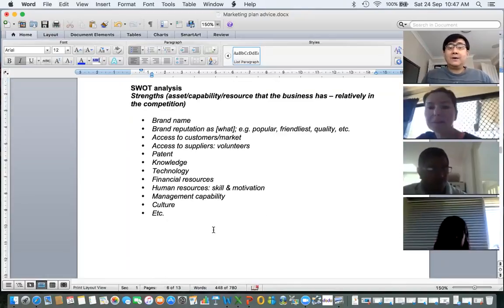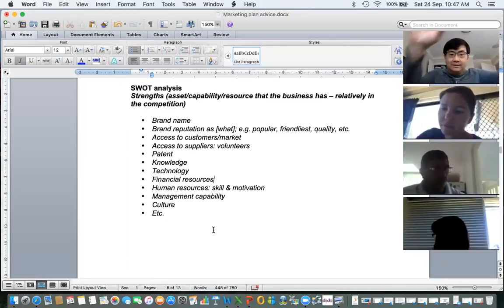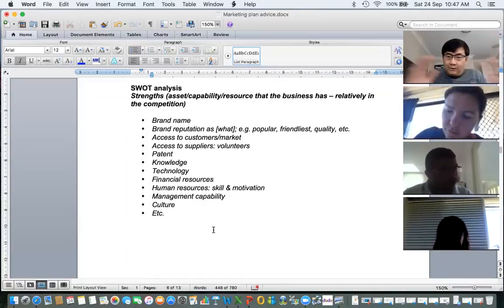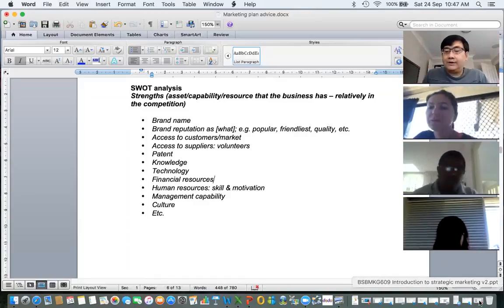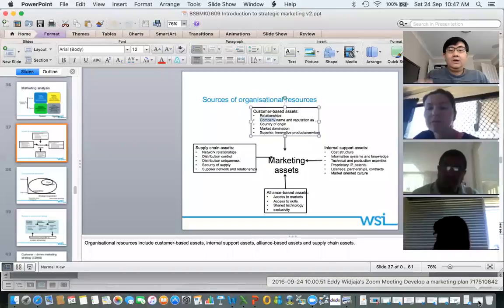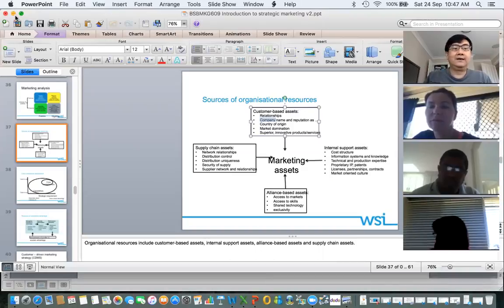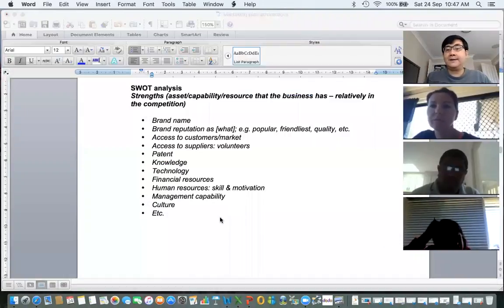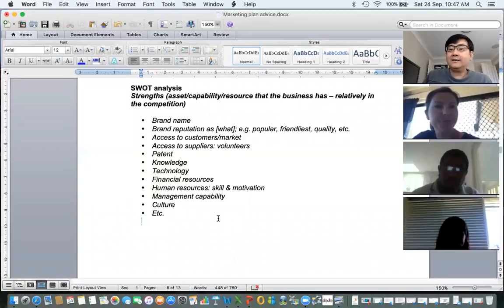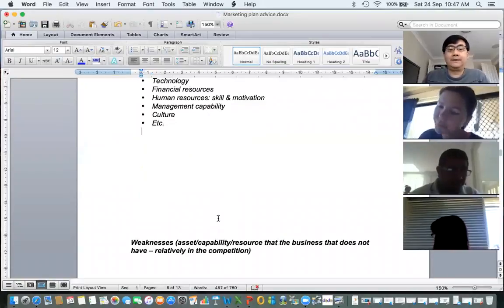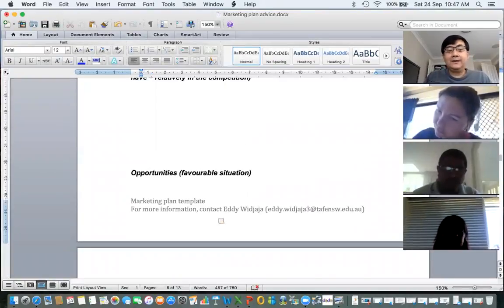So in brief, you map them based on this list, right? When you look at this list or the one that I show you in the PowerPoint slide, you map them. This one goes to strengths, this one goes to weakness, based on your analysis. Is that okay, guys? Yep. All right. Brilliant. Weakness is the same thing. Now,